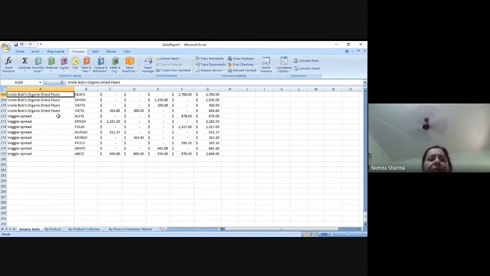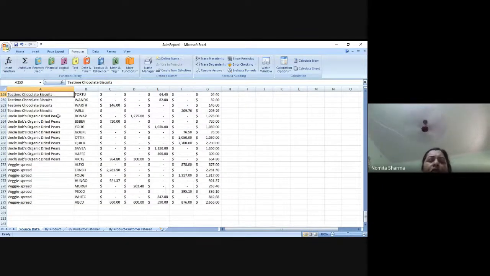The other way could be, as you can see that there are same products. We can also do one more categorization that we will see in the other class maybe. We can make sub segments of these products. Like we have veg spread, I don't want it to be repeated every now and then, but here since the salespeople are different, it will be repeated.